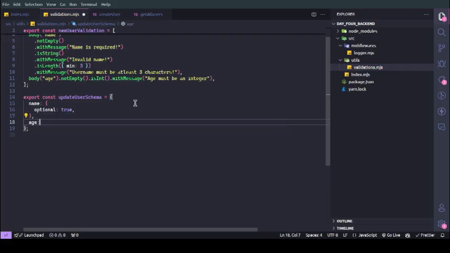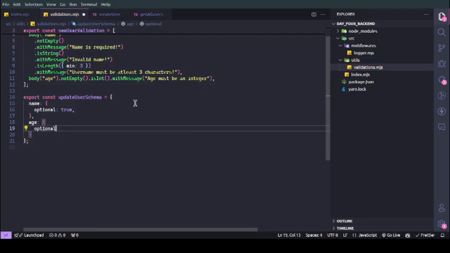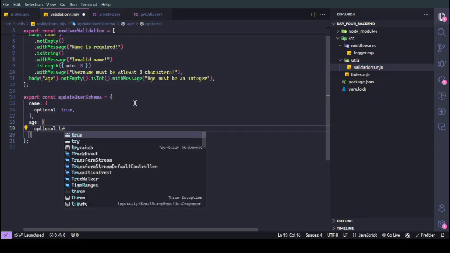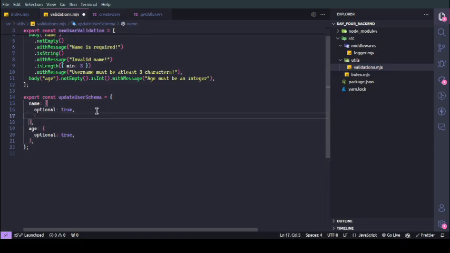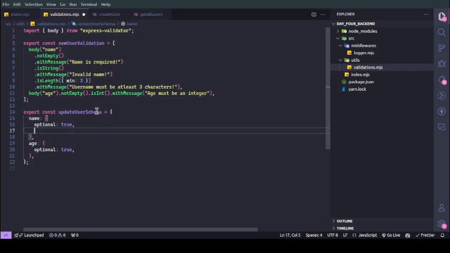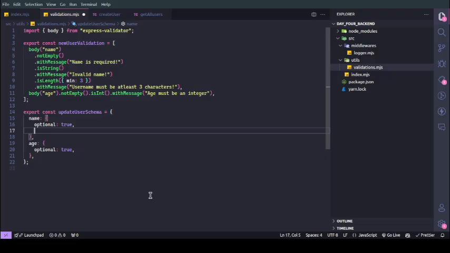Age, okay, another object, optional true, right? So after our optional is true, you see here, first of all we say it is optional, meaning you can pass it or you can just leave it without passing it. So if you do actually pass it, we want to run some checks on it, right? Just the same checks we did here, right? So we have to make sure it is a string. We do isString,